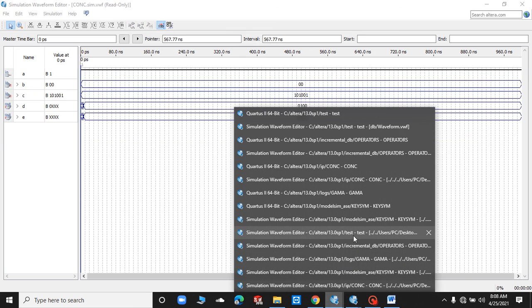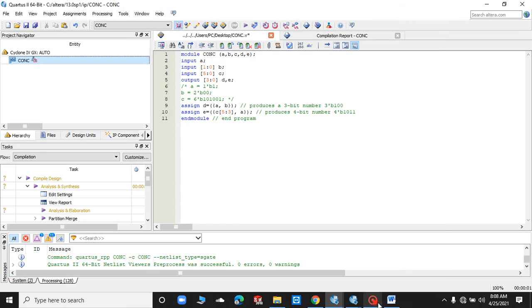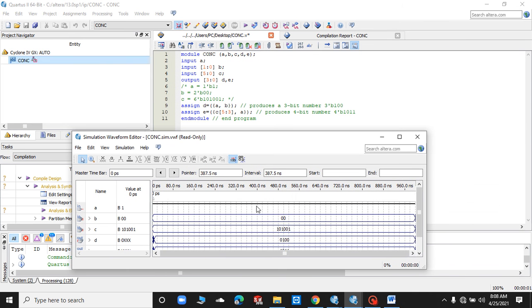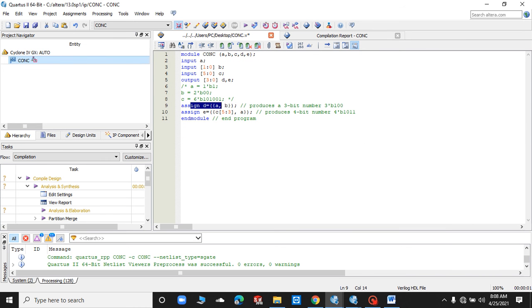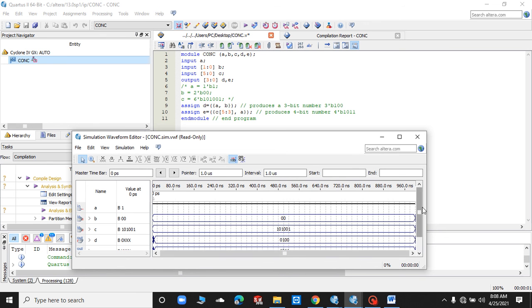So let me just open my code so that I can show you the working. As you can see that this statement is this, and the output which I am getting is 0100, which is correct, and the second output should be 1011, that is also correct.